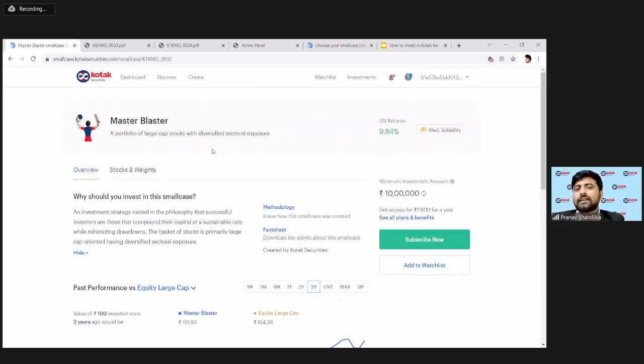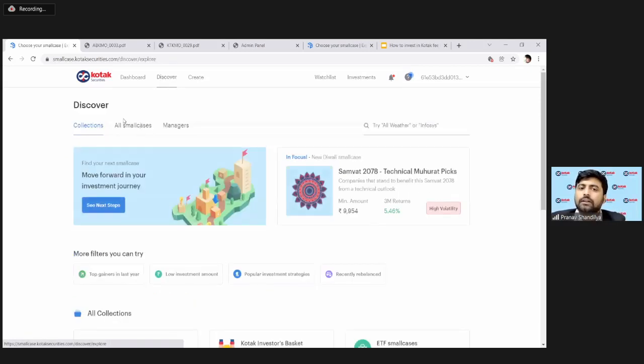So if you see this particular basket, that is Master Blaster, the pricing structure starts from 11,800 for 1 year. So here, the minimum ticket size starts from 10 lakhs and the pricing structure is 10,000 plus GST, which comes up to 11,800. At the same point of time, if we take a look at the other